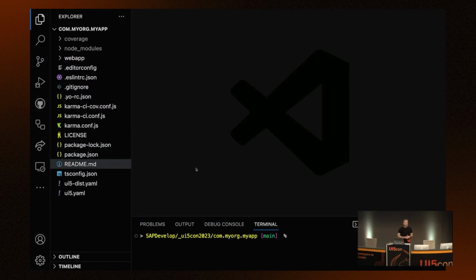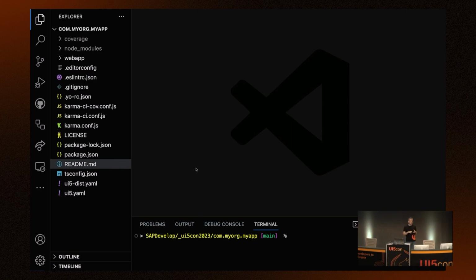So what is new in here? For example, in the previous UI5con, we showed that there's a source folder with all the TypeScript sources, and then there's a Babel transpiler configuration with 2 plugins that you had to configure, which would then transpile it to the web app folder, and the UI5 tooling would then from there serve it or build it. And this has been simplified a lot. There's no such source folder anymore. It's just all in the web app folder, the TypeScript sources right away.